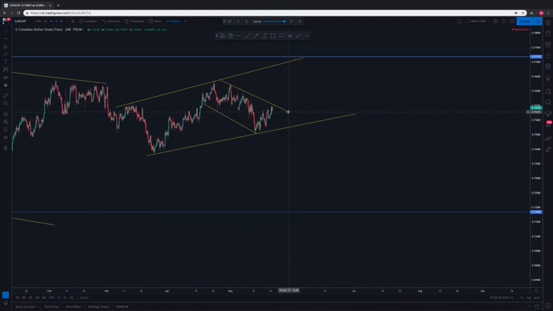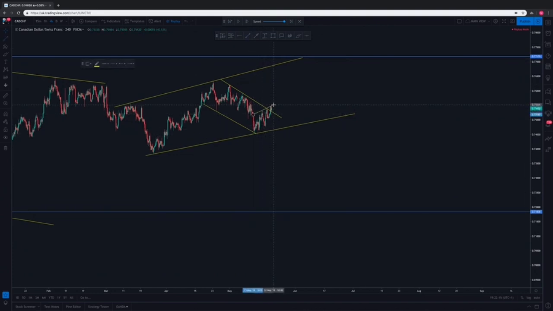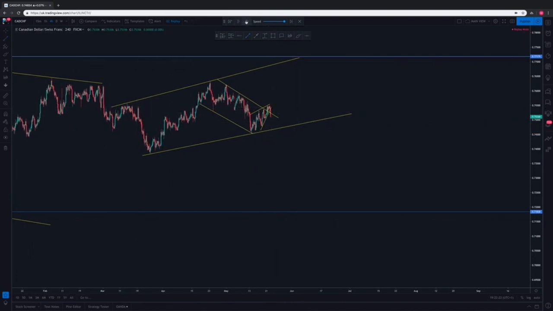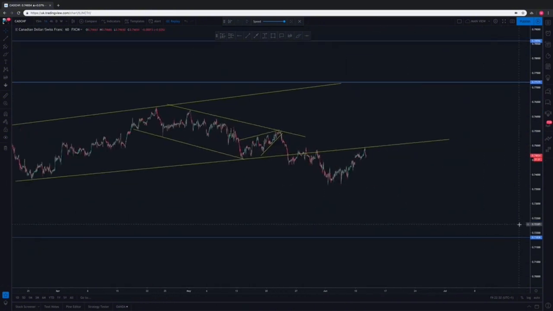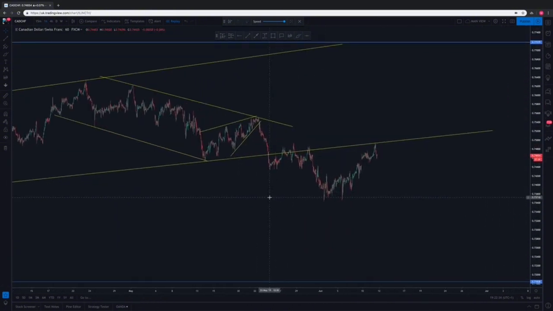So if you look at something like this, and we're looking at this structure, essentially we just pierce through, like so, like this, and then we had a trend line here and then a rising wedge type channel like so. And if we just play it forward a little bit, then we start to drop down within this. So as you can see, it just evolved a little bit, and that makes sense. And if we go to the 1 hour chart like so,